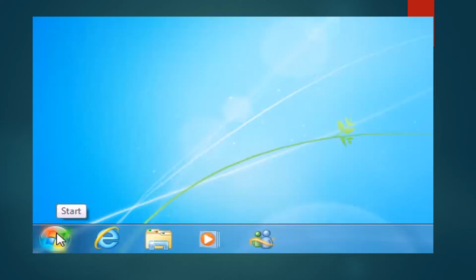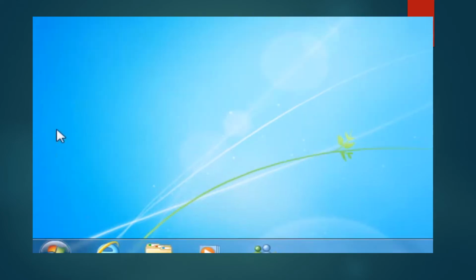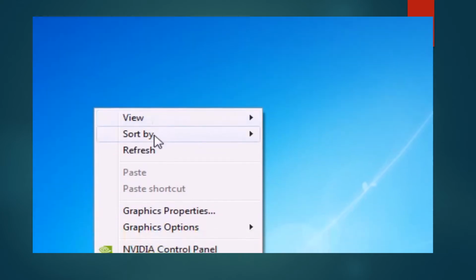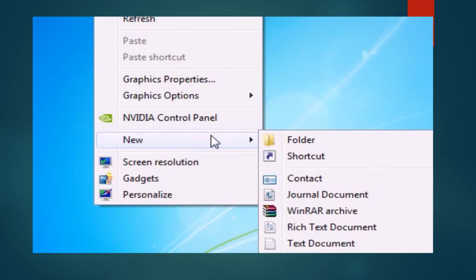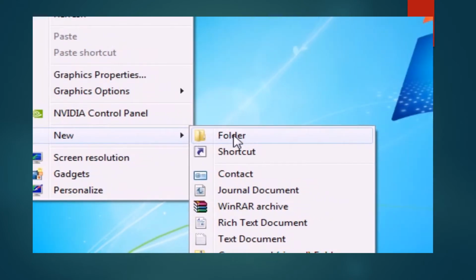Okay, children, let us learn how we can create a folder now on your desktop. This is the desktop, and what you have to do is just go on the blank area, right click, and then you will come down to new and then you will select folder. After selecting folder, in the same manner in which we created the file, the folder will appear on your desktop and you have to name it and then press enter key.